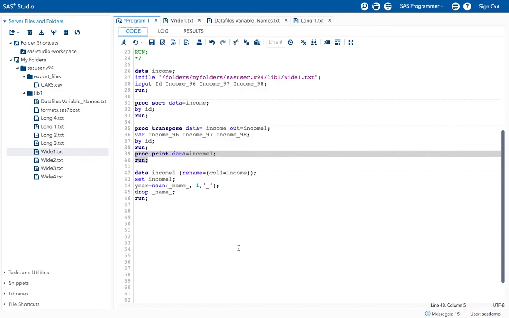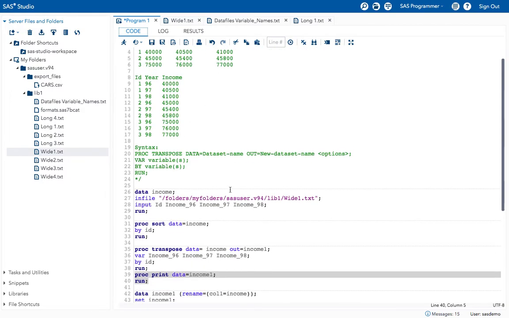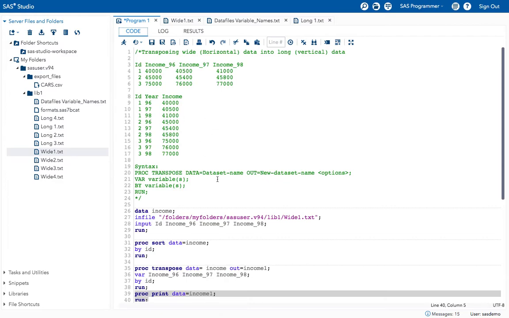Like this we can convert the horizontal data to the vertical data by using the proc transpose procedure. This procedure is called denormalization. Let's see another example for this proc transpose.